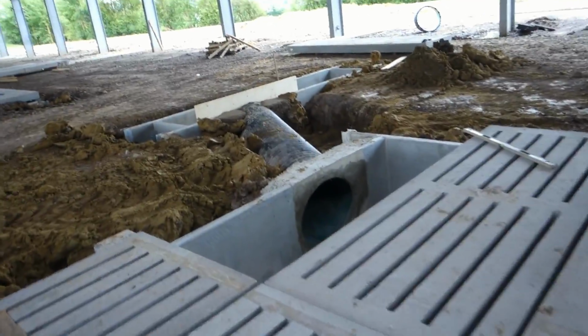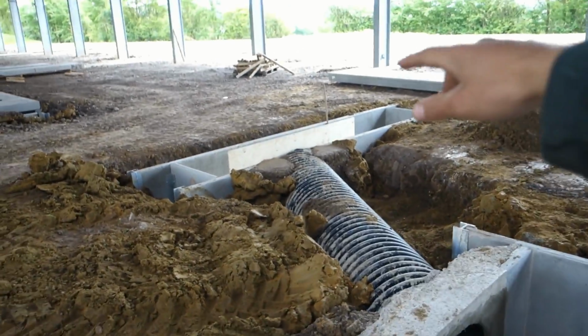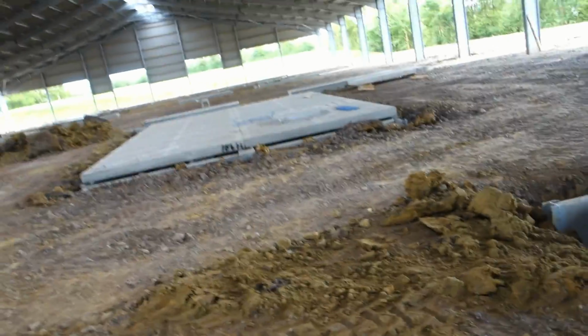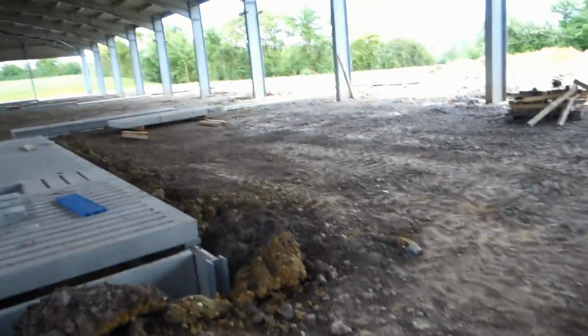We've also got over here, that's a neat job down there, isn't it? There'll be another slat there which will be for all the collecting yard. We'll go down into that slat and then obviously through the system. Coming along here, they've got slats on,